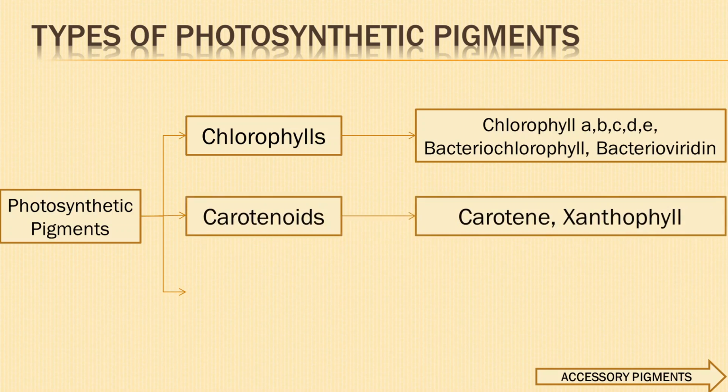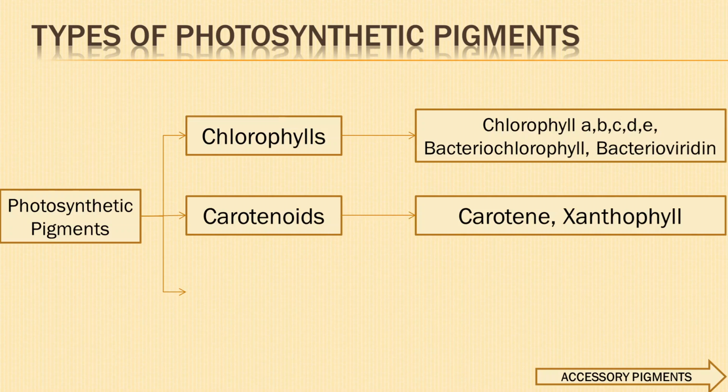Chlorophyll A and B show maximum absorption in blue-violet and red region of visible light. Next type of photosynthetic pigments are the carotenoids, which show wide range in color from yellow, orange to red. They mainly absorb blue-violet region of visible light. There are two main types of carotenoids, carotenes and xanthophylls.